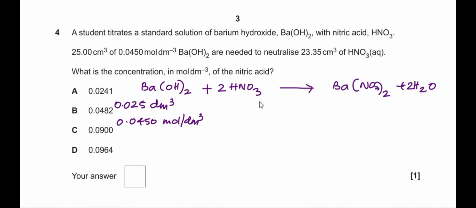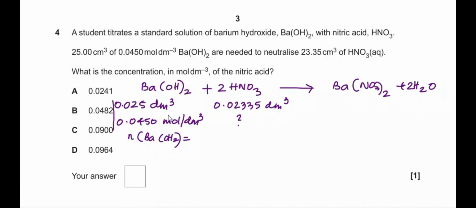And in the case of nitric acid, it requires a volume of 23.35 cubic centimeters, which is 0.02335 dm cubed. And its concentration, that's the one that is missing. Let us first figure out how many moles of barium hydroxide are there in this volume with this concentration. So going by the NVC triangle rule, we can say number of moles of barium hydroxide